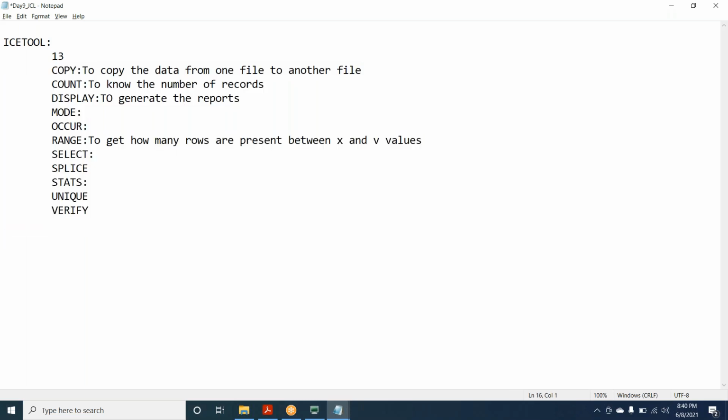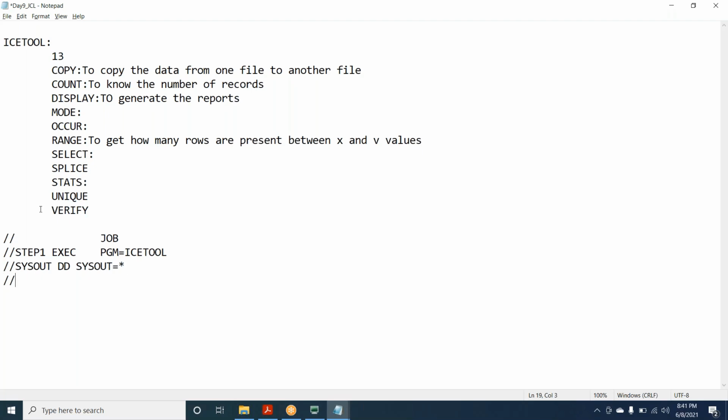Now, how to write ICETOOL? The DD statements are different. We will be writing a job card, then step 1 executes PGM=ICETOOL, which is the utility. SYSOUT default is not important; we write SYSOUT DD SYSOUT=*.